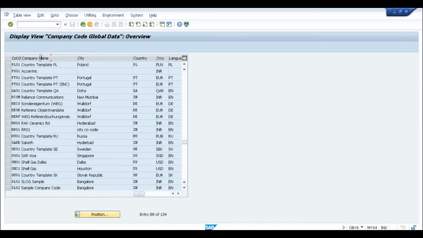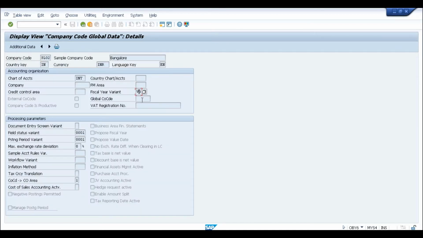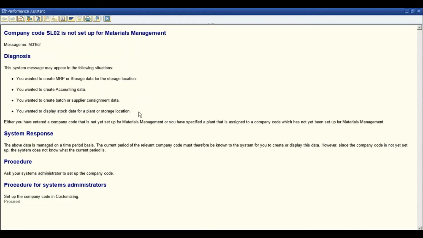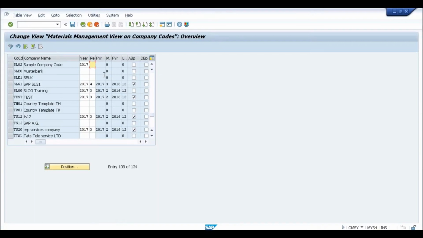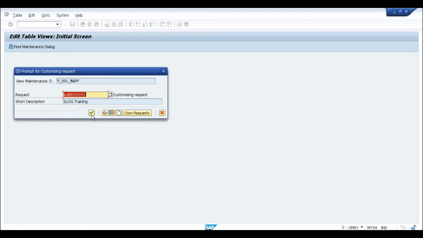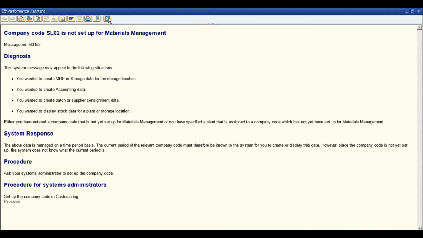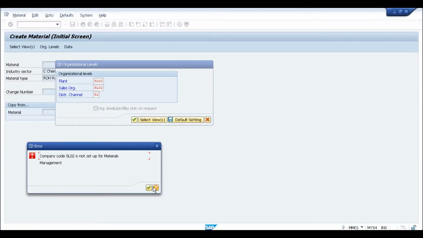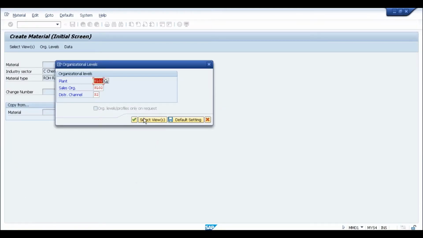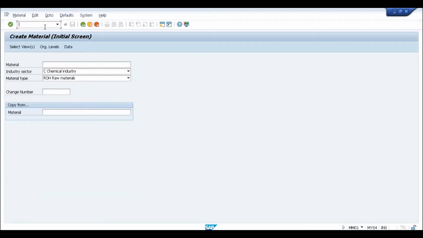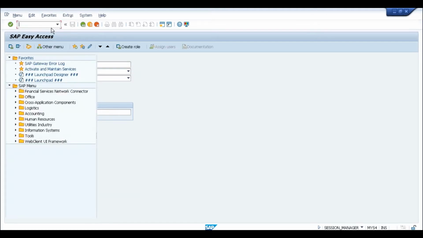Okay, this is quarter one, Q1. Yes, this is V3. Quarter one means we are in April, so this should be 2017 and 1, right? Yeah. Okay, all the other things I'm not taking, I'm just clicking on save. So at least now the company code has been initialized. I'll go back from here. If I close this and do it again, it will throw the error, so it is always better to go out and come again.